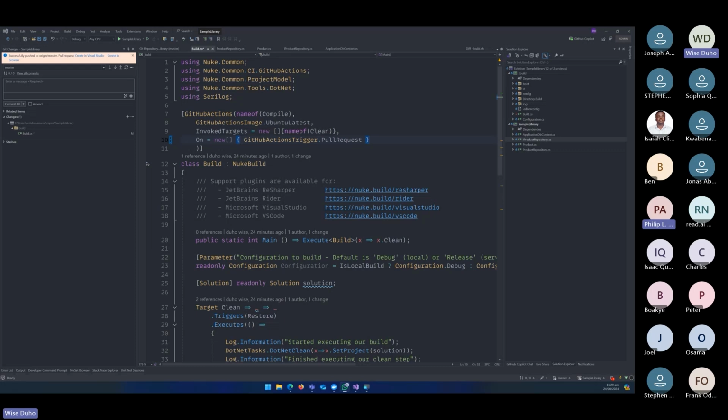Yeah. So for the executable file, only Windows uses the exe format, right? Linux does not use the exe, neither does macOS. So if you target Linux, which is the default for .NET Core, it will not generate an exe for you. However,